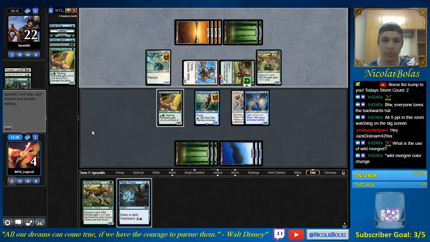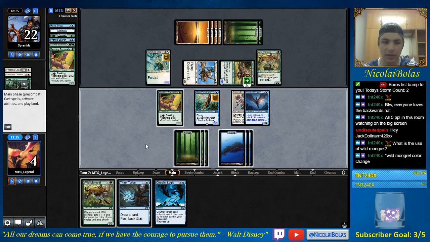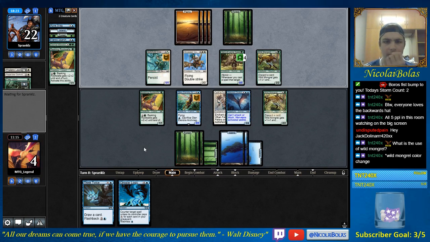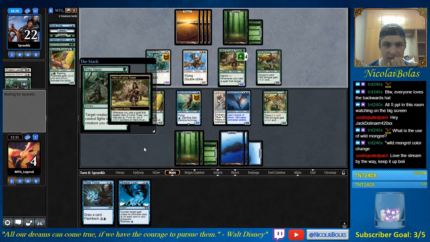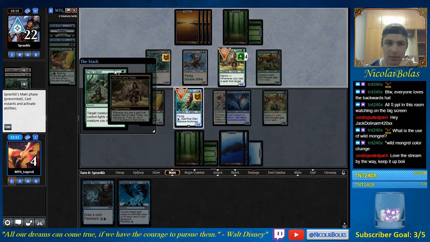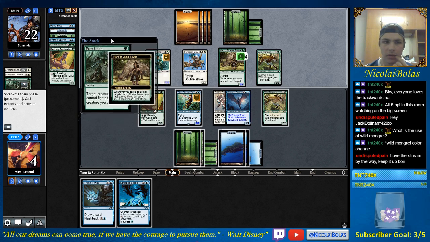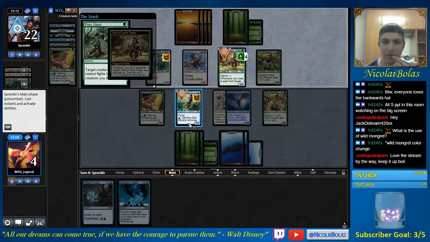Oh, he has Wild Mongrel too. Oh yeah, we're dead this game. We're so dead. This game just didn't work out the way we wanted it to. Yikes. I feel like there wasn't really a ton we could do though. It's just the way the cards lined up. Yeah, then we're dead to the flyer. He has 5 mana, we have 6 in our graveyard, so I guess we can...